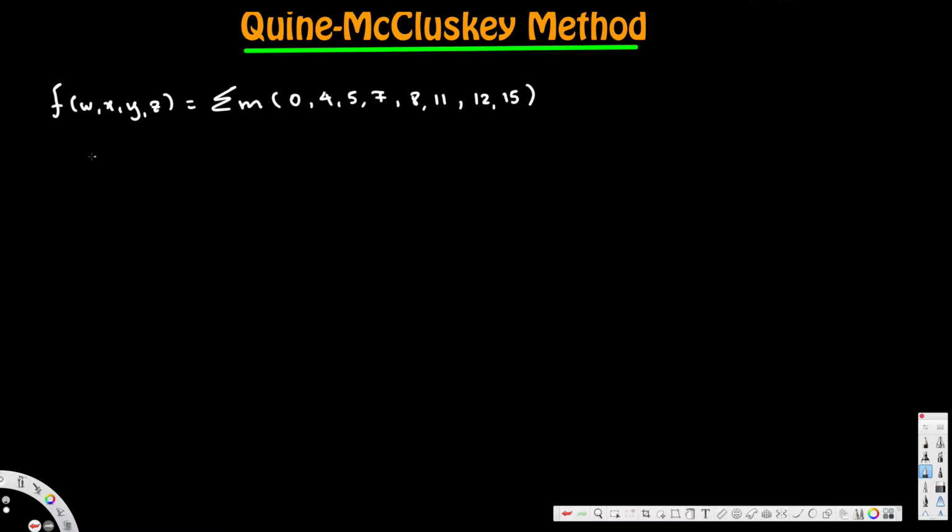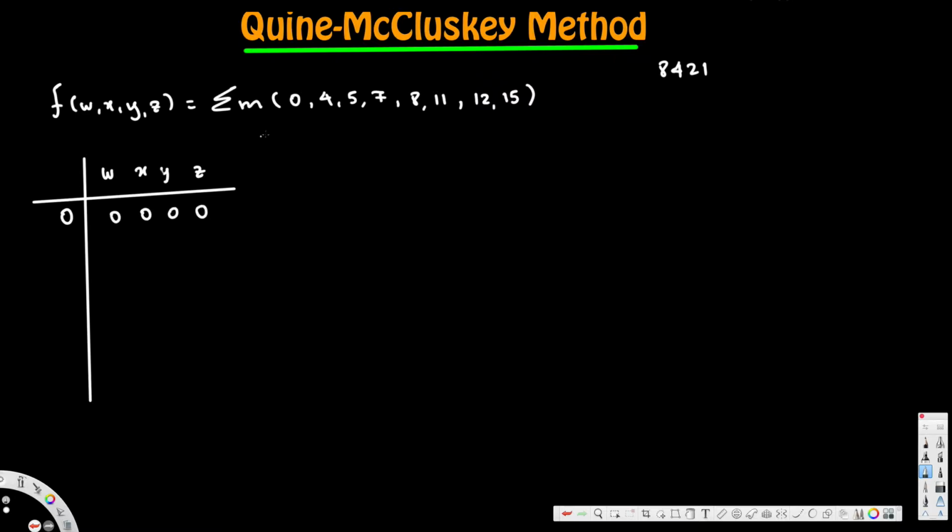Now according to the location we can write this table, w x y z. Let's remove the commas, and I'm going to create a table based on the location. Okay, first location is 0. 0 means we are looking at this term like 8, 4, 2, 1, right? When we have 4 numbers it goes like this. Now at 0 it's going to be 0, 0, 0, 0, and then 4 is 0, 1, 0, 0, and 5 is 0, 1, 0, 1, and then 7 is 0, 1, 1, 1,